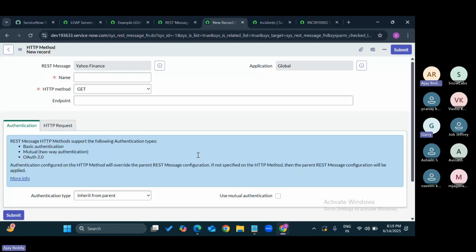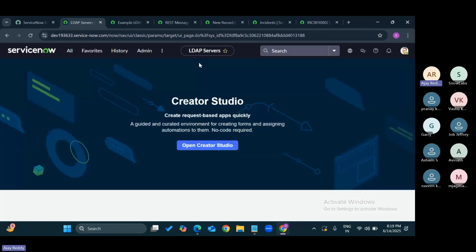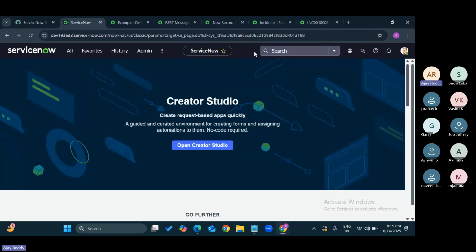Yeah. Ajay, please, you were saying something. Go ahead. Just like REST, we have a SOAP message also, and we have Spokes also. We can even implement it by installing the plugin. Even these days you don't need to write any code. Even the JSON, all these things can be automated with some